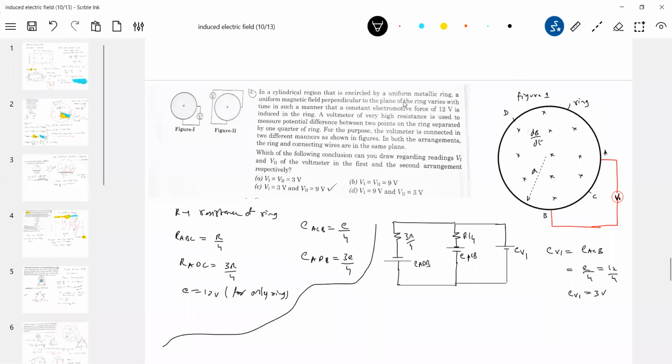So the voltmeter of high resistance is connected directly, so it will just read; no current will pass through the voltmeter. And the ring also is open, you can assume it to be of low resistance or high resistance. Better to say high resistance, no current flows, so therefore it is reading that one. Many of you are getting confused, so let me put it in a very simple way. Resistance of the ring is very high.